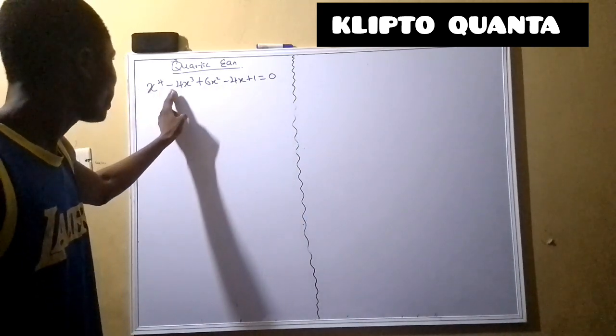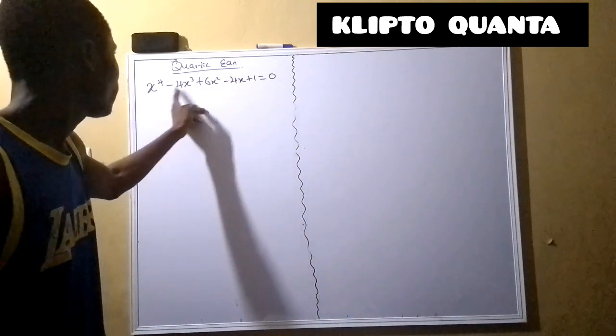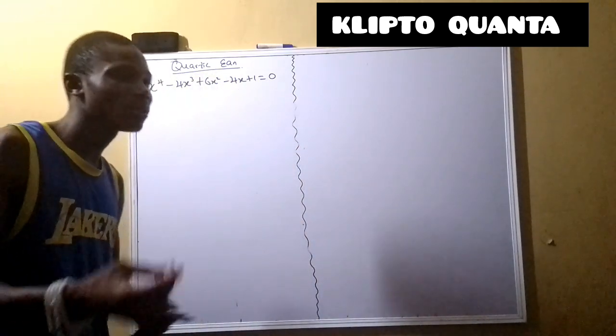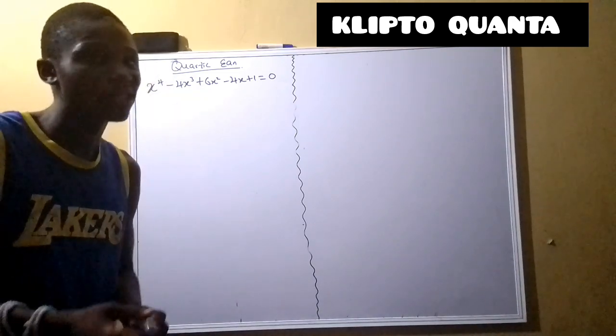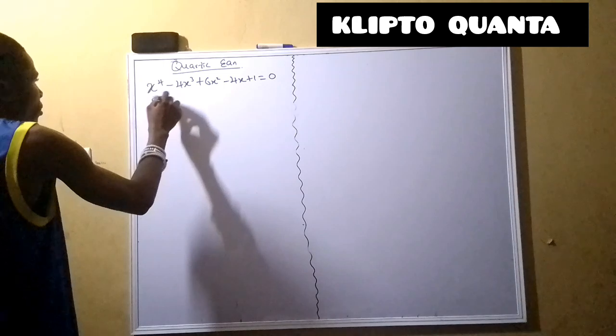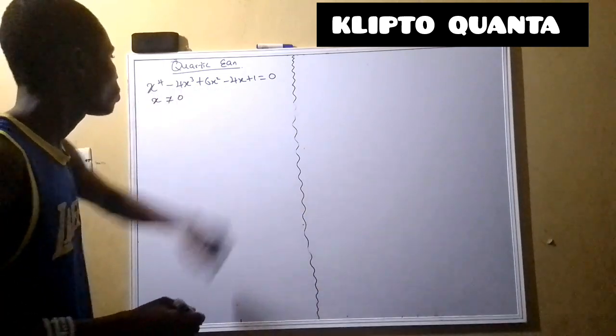Same thing, the second number here has to be the same as the second to the last number here. Negative 4, negative 4. Then we can apply the, what do they call it, the Olympiad trick. Now how does that work? It tells us that since our x is not equal to 0, you can divide this whole equation by x